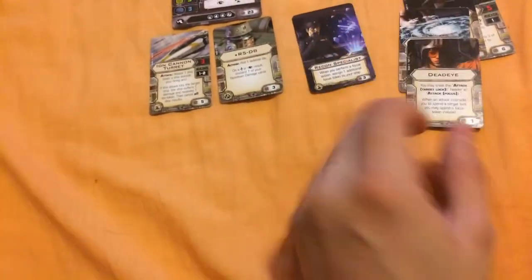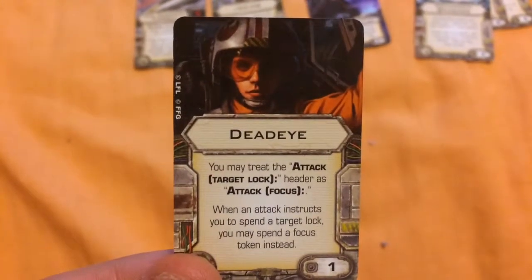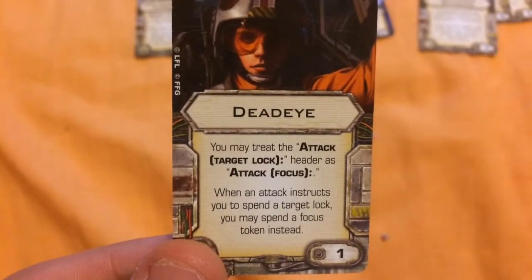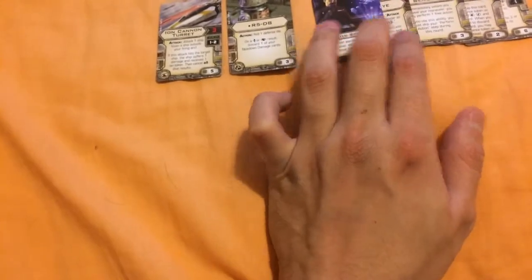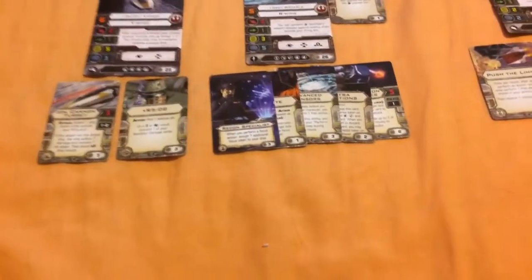And then I've chosen to give her Deadeye. Deadeye states, you may treat attack target lock as attack focus. When an attack instructs you to spend a target lock, you may spend a focus token instead. Again, this is pretty good for getting the drop on your enemy because instead of having to use a target lock for your secondaries, you can use a focus token instead, which is something you'd probably do for a blaster turret or a